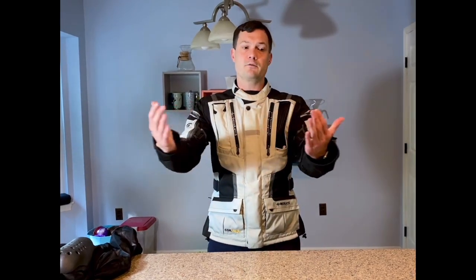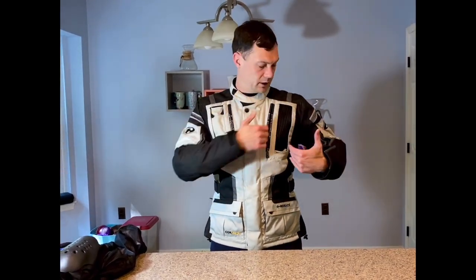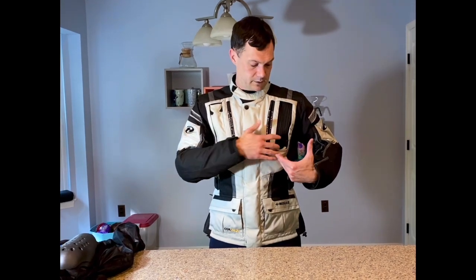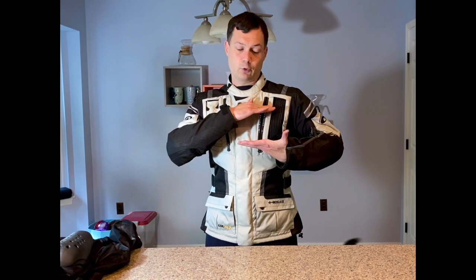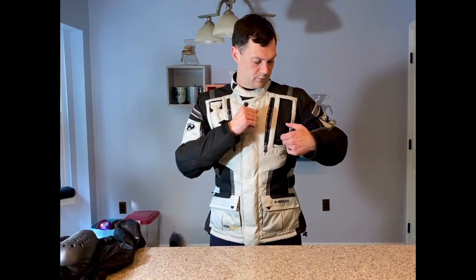And by pushing the vent out this far, if you're on a larger adventure bike, you're going to get air flowing around your body that's still going to make it to the vent here. Some jackets I've seen, they position the strap-down vent more around here, and that doesn't always get a ton of flow-through